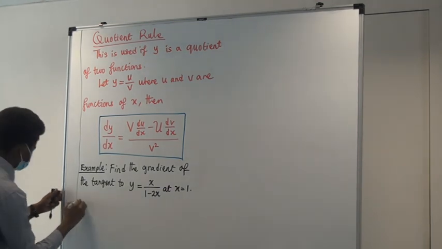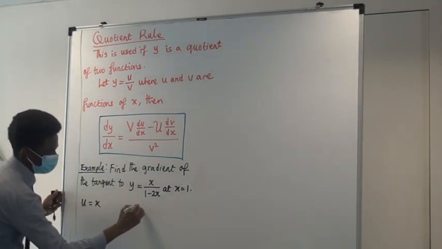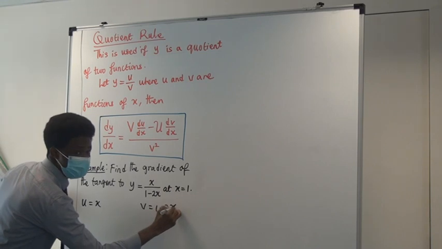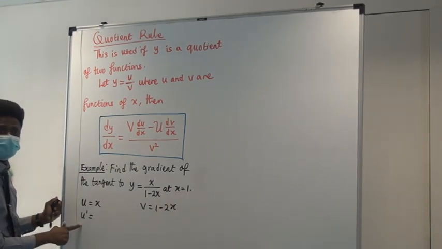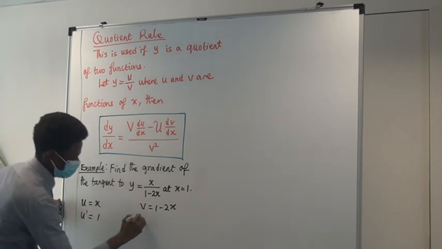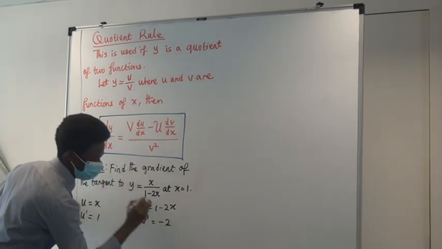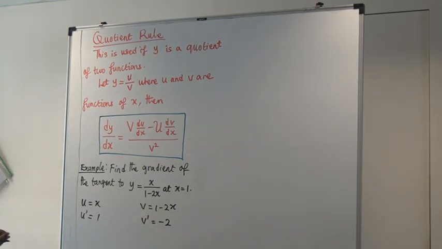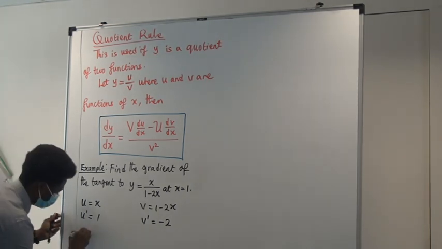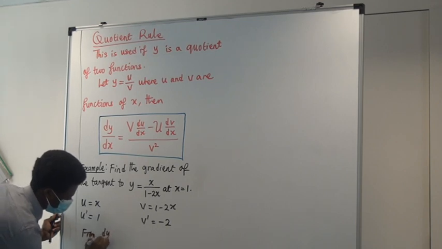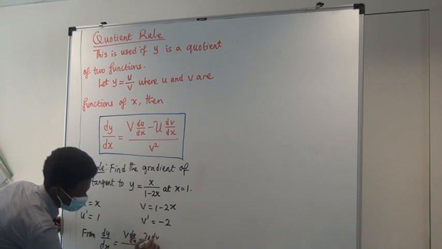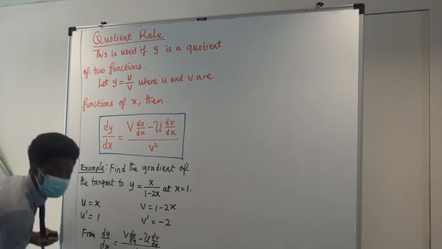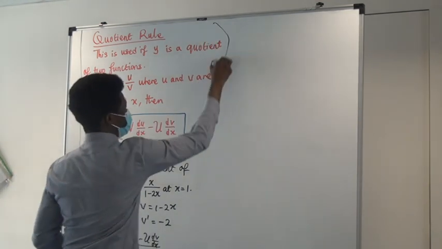So quickly. u here will be x, and v will be 1 minus 2x. du dx, I can write like this. It's 1. dv dx is what? Negative 2. Agree? That's all you need to start with. From dy dx is equal to v du dx minus u dv dx, everything all over v squared. It means dy dx